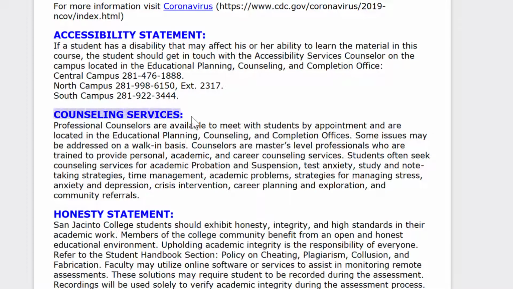Now, counseling services, if you just need general purpose counseling about how does financial aid work, what do I need to do to apply for graduation, you go to the counselors. If you're having a personal hardship or something's going on, you can also contact the counseling service and they can help you. They can put you in contact with the campus food bank to make sure,